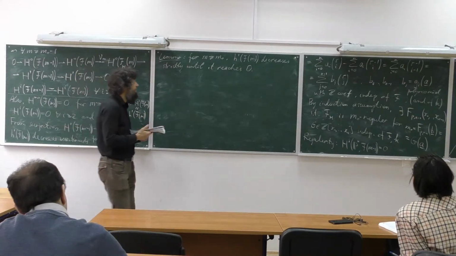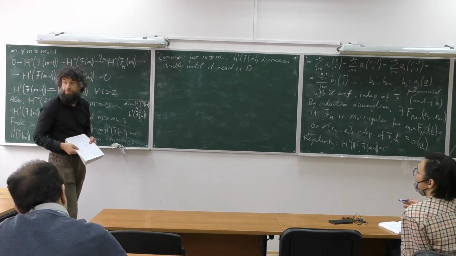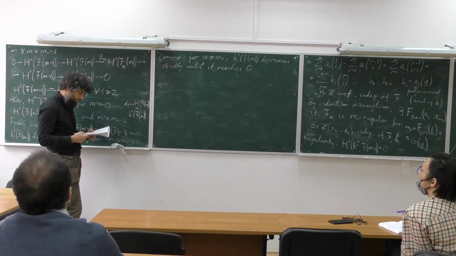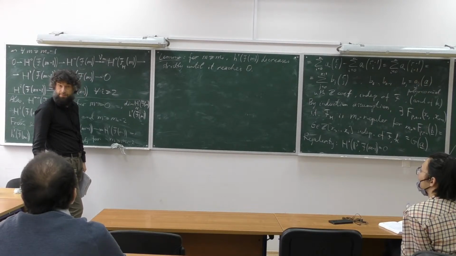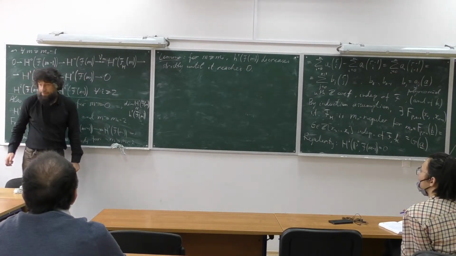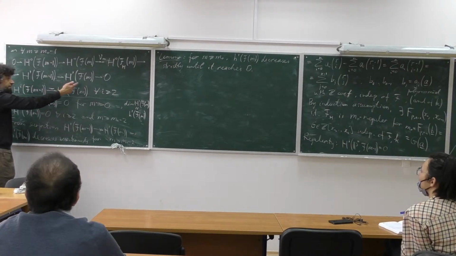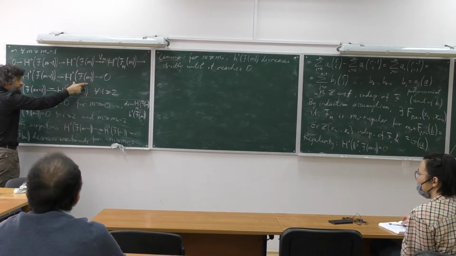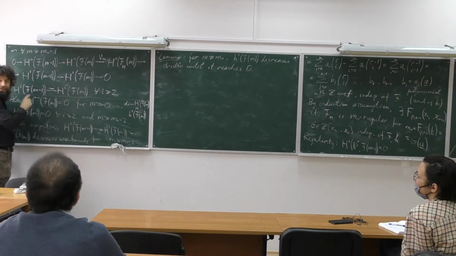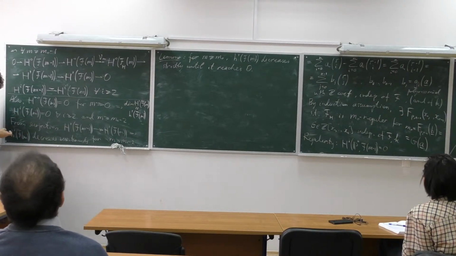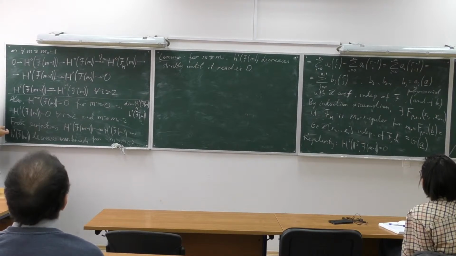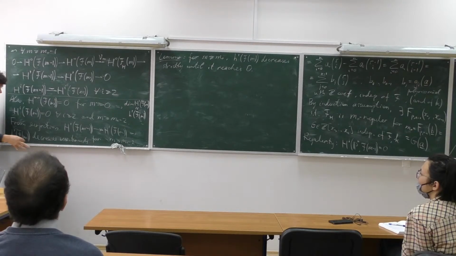Okay. And why? If you have this surjection, then as m goes bigger and bigger, h1 gets smaller and smaller. Why? Well, we have this surjection, so the dimension of this is smaller than the dimension of that. Nothing clever. And if m, and then m minus 2, then it starts going down.